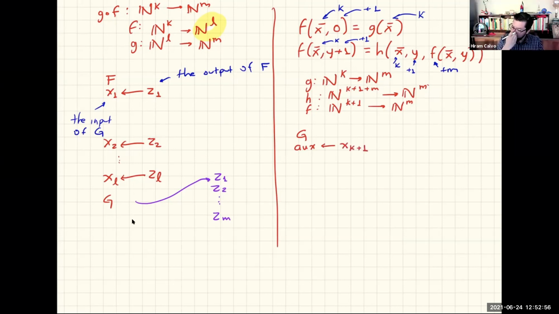So before I tell you, I want you to tell me who is k plus 1 here. Remember, this will be the first k elements, x1, x2, x3, and then after xk, we have